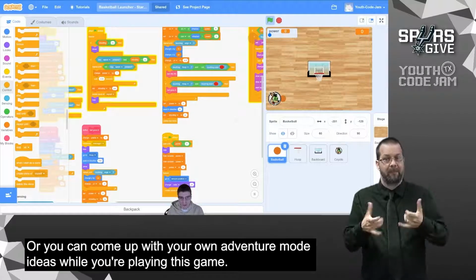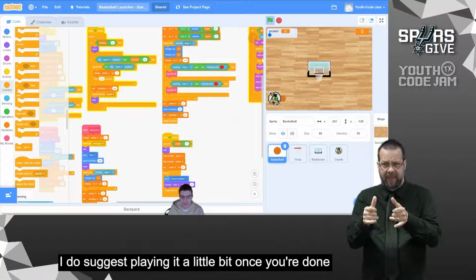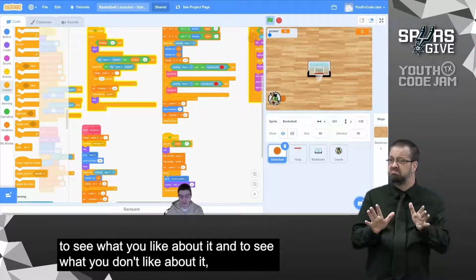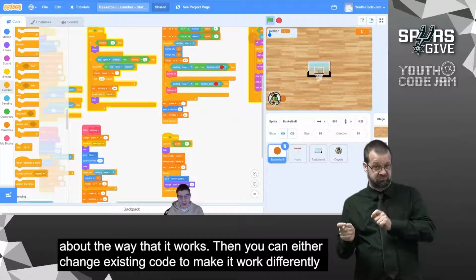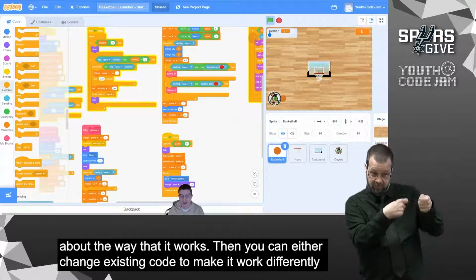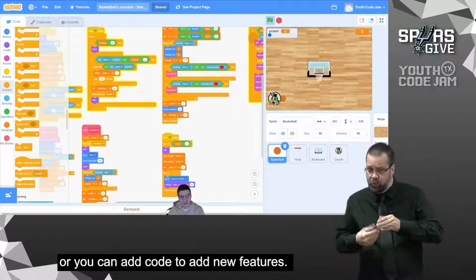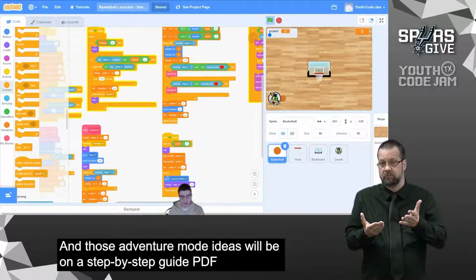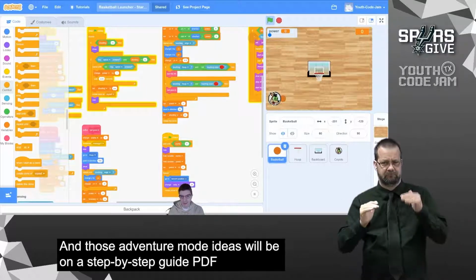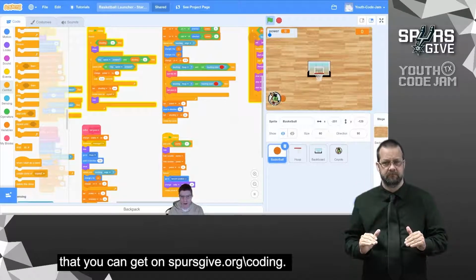While you're playing this game, I do suggest playing it a little bit once you're done, to see what you like about it and to see what you don't like about it, about the way that it works. And then you can either change existing code to make it work differently, or you can add code to add new features. And those adventure mode ideas will be on a step-by-step guide PDF that you can get on